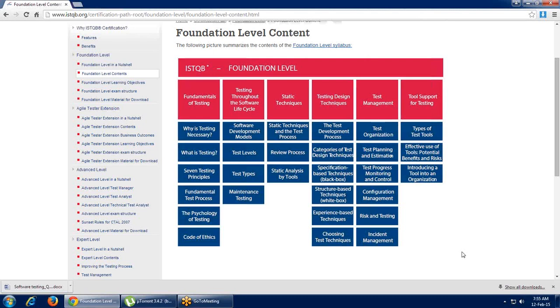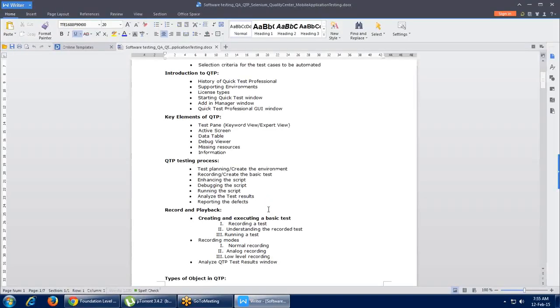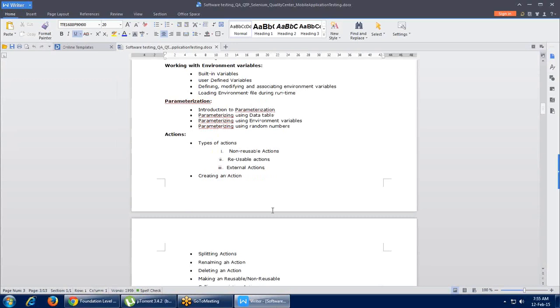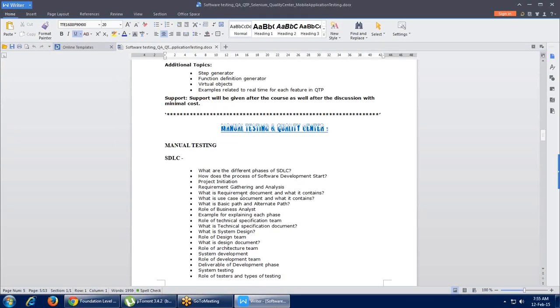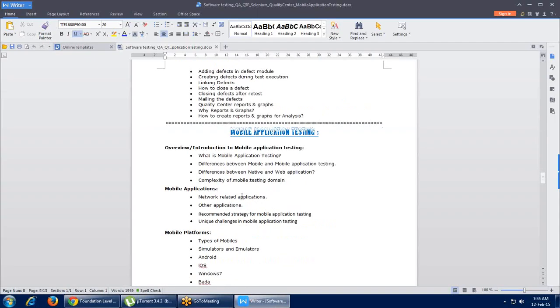Yes. So we'll see that. In mobile testing, the idea is the same as manual testing: what are the possible ways by which I can manage my mobile testing. We'll see the variety of testing that is most often related to mobile testing. You can see the course content that is also shared, under which we have QTP and Selenium as well. But if I talk about mobile testing, there are a lot of small differences in comparison with web application and desktop or product application testing, because it is all about the devices.